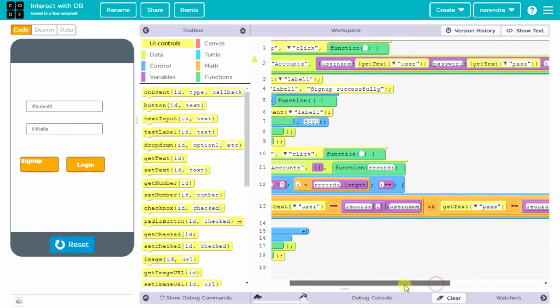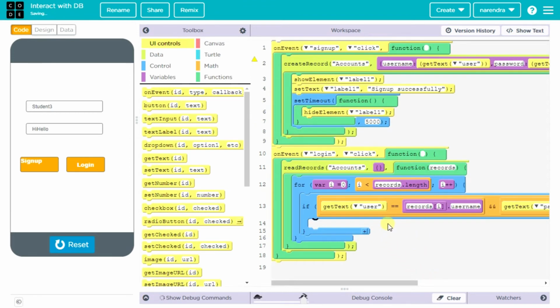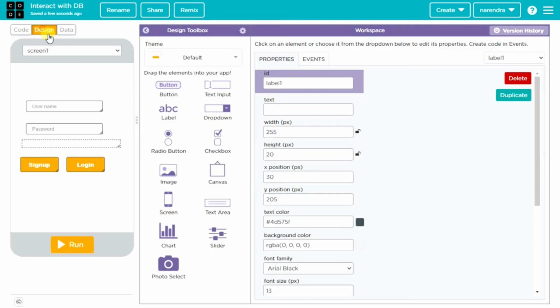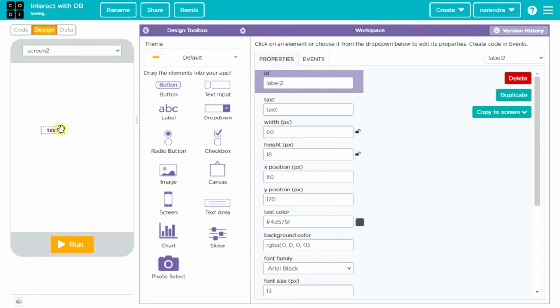That's it. This is a logical AND operator. It becomes true if both conditions are true. That means if the username matches as well as the password matches, then it is a successful login, and you have to move from login to your actual application screen. So if both username and password are matching, it is a valid user, and let's move to the next screen. For that, I need one more screen. Let's create a new screen and display some message here. Successful login.